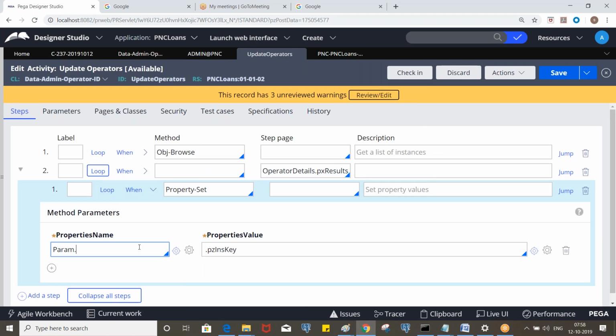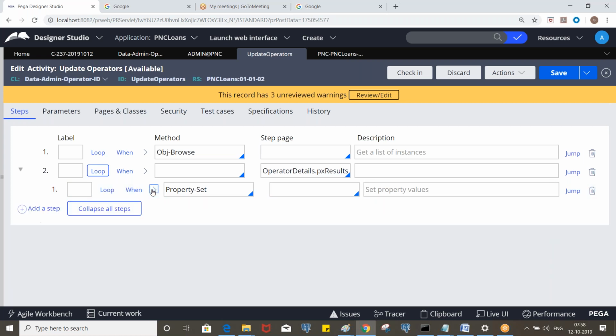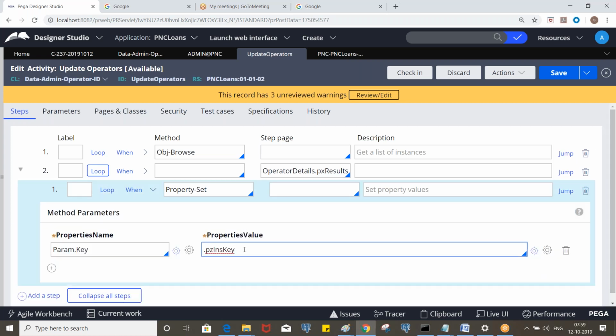And we are assigning it to some parameter, let's say param dot p. What does that mean? While looping for the first time, it will take the pixels of one pyDynasty and assign it to the parameter. So now we need to fetch this corresponding instance from the database. So what is the method we can use here? Now we know the pyDynasty of pixels of 1, and in order to update it, we must fetch it. So which method can we use to fetch this corresponding record? Obj-Open-By-Handle, right?